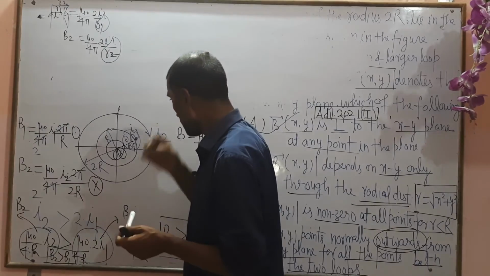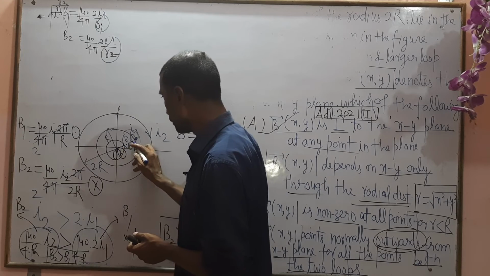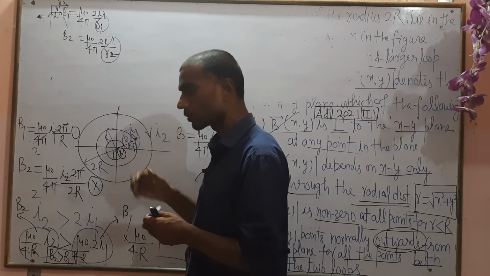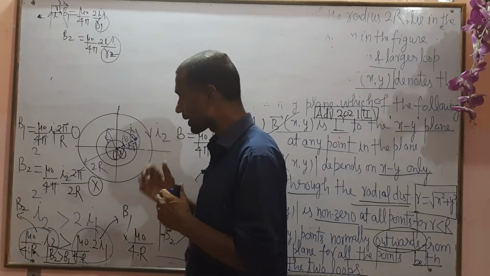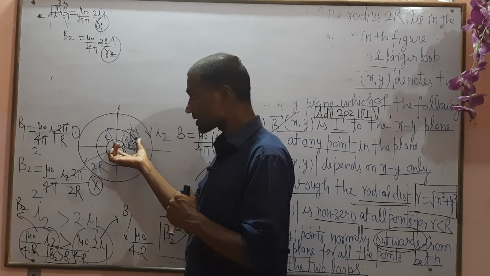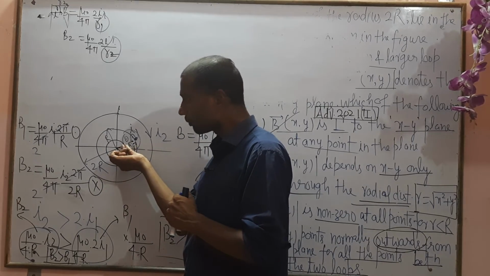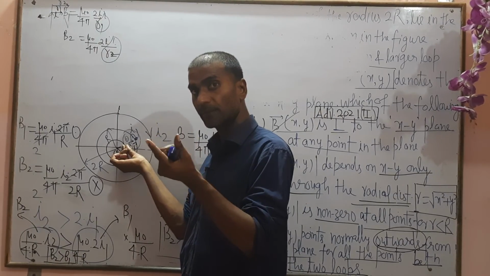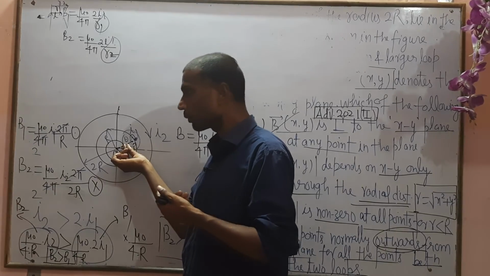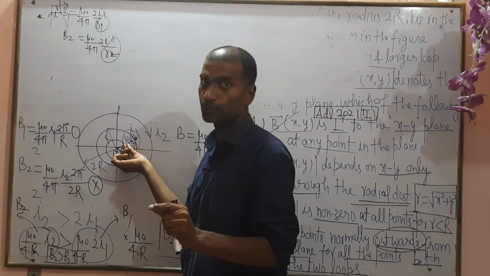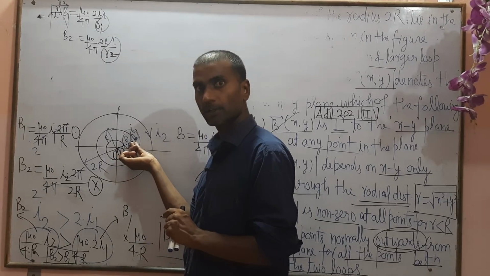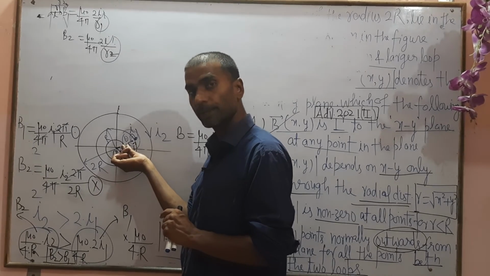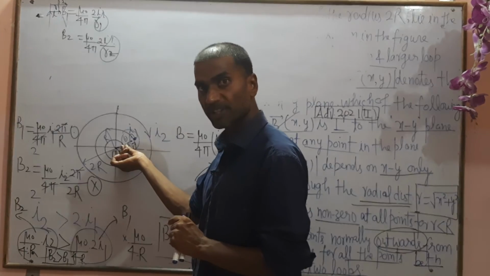Okay. So let us check between O and P. At O it is inside, at P it is outside. Net direction of magnetic field of these two wires, for r less than capital R, implies that at at least one point the magnetic field B vector must be 0, because it is inside at one end and outside at the other. So between these 2 points O and P, the magnetic field B must be 0.